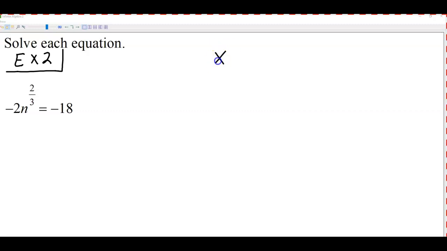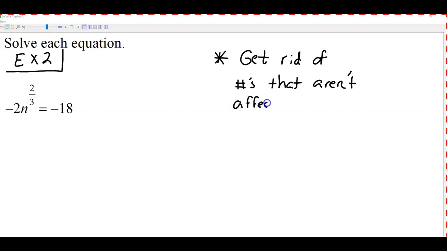So here's a note that we'll write down for this problem. What's different about it is we want to get rid of numbers that aren't affected by the power first. So the first thing that we want to do is get rid of any numbers that are not affected by the power. So in this case,